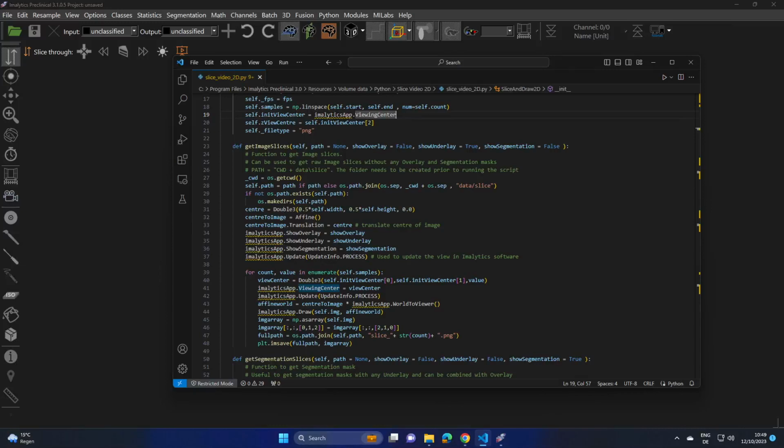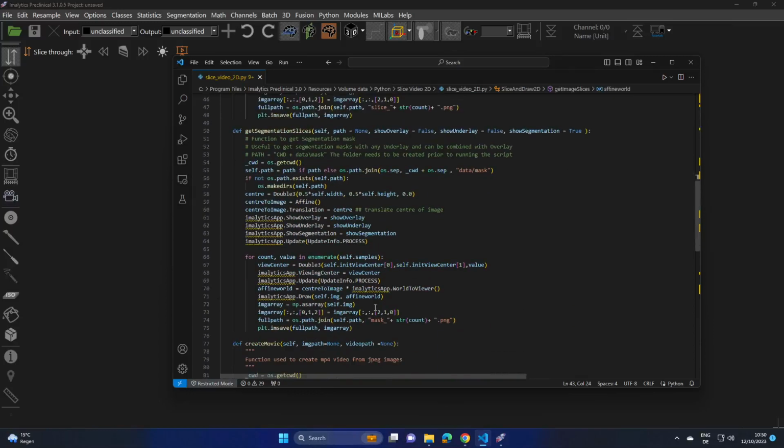We can perform operations using NumPy. As shown here, we first convert the image canvas to the NumPy array and then transform the image from BGR space to RGB space. Now, the self.image variable can be used to store the data as a PNG file. Similarly, the next function, getSegmentationSlices, can be used to obtain segmentation slices and store them in a separate folder.